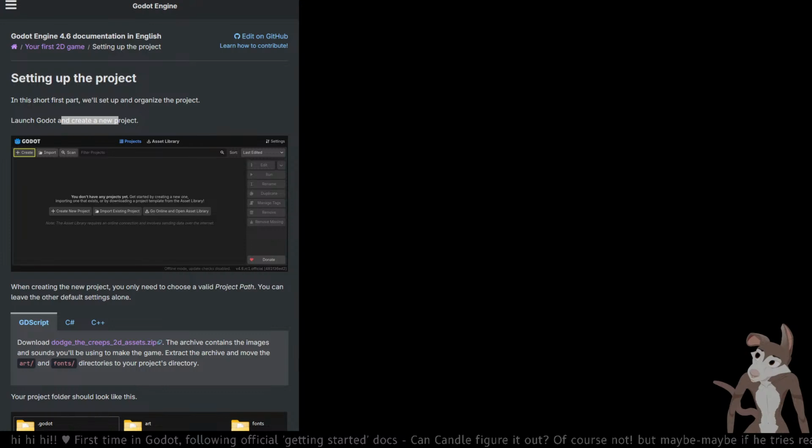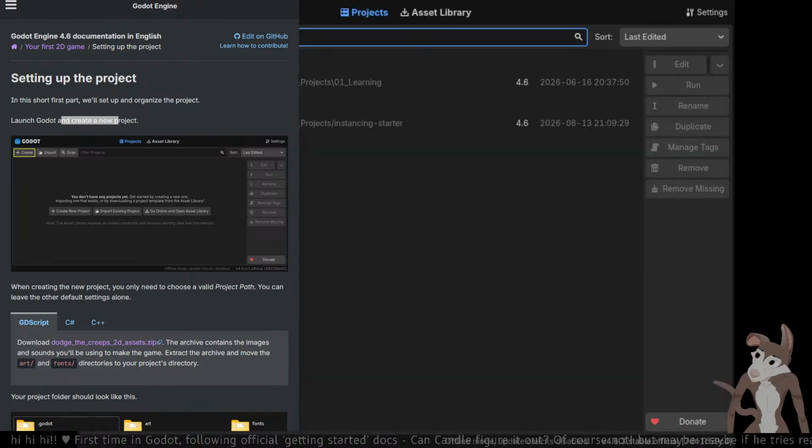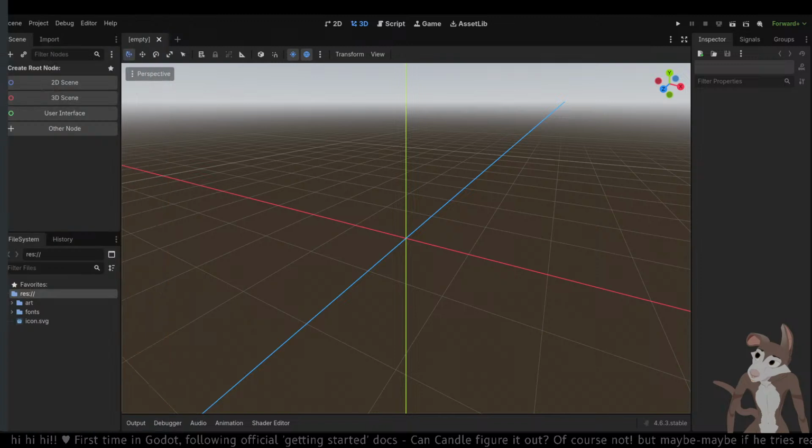So the project manager. Let's get the ID thing. You also see there's a little monster over here. So it wants me to go to project settings, and